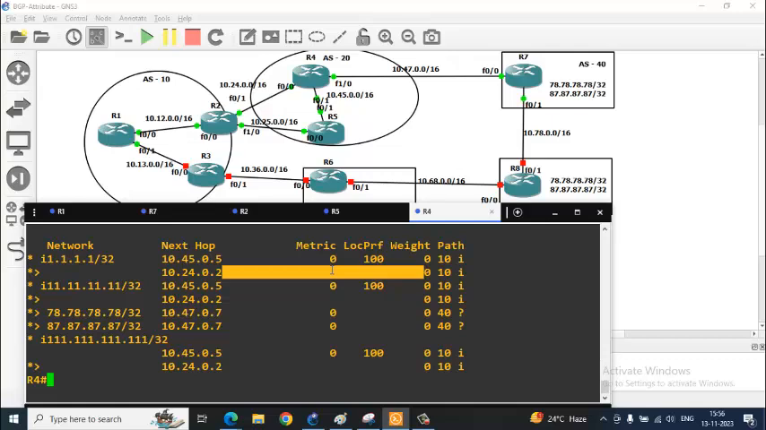Now, what I'm going to do is MED bigger is bad, okay? Bigger is bad. In another word, smaller is preferred. Now, this is 0. Let it be there. I'm going to give a big number here so that this will not be preferred. You understood? Okay. So I'll go to router 2